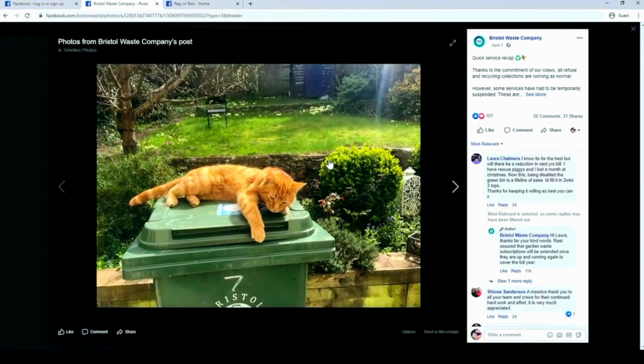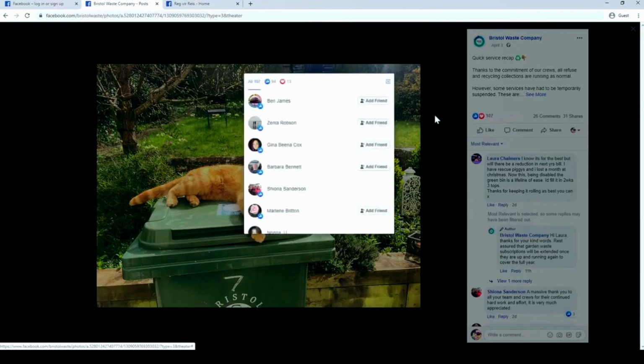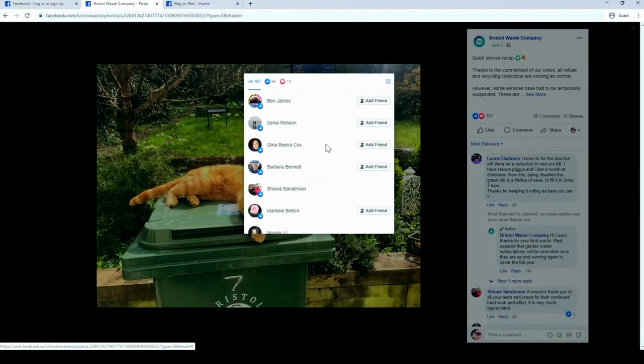Now if I click on this post, a pop-up window will show, and then because I want to know the people who've engaged or liked or loved the post, I click again and then another window appears. Now Facebook's HTML to get all these pretty pop-up windows and all this formatting done is quite complex and it's difficult to scrape this data. So luckily there is a more dumbed down version of Facebook that we're going to use, and it's called MBasic Facebook.